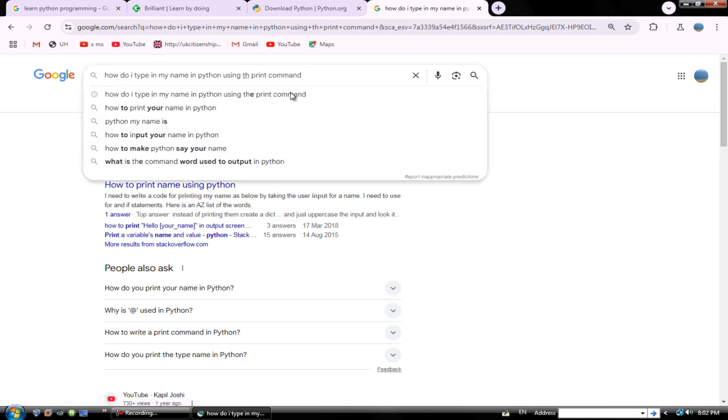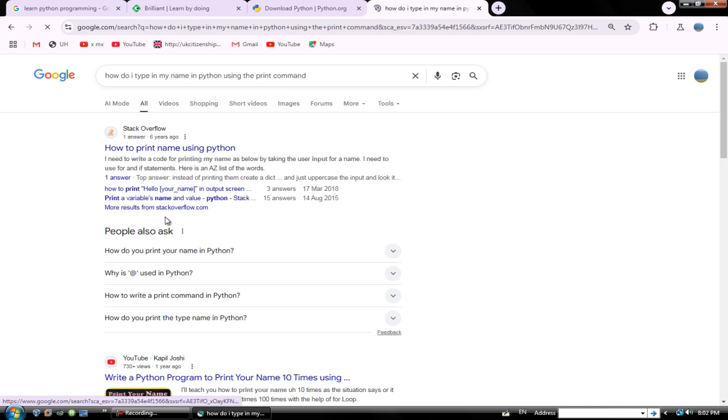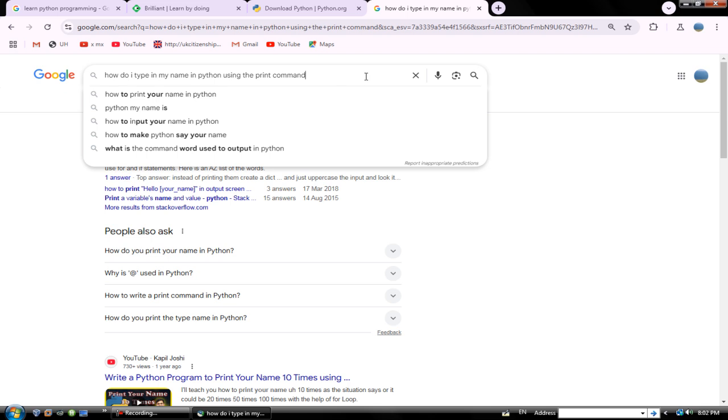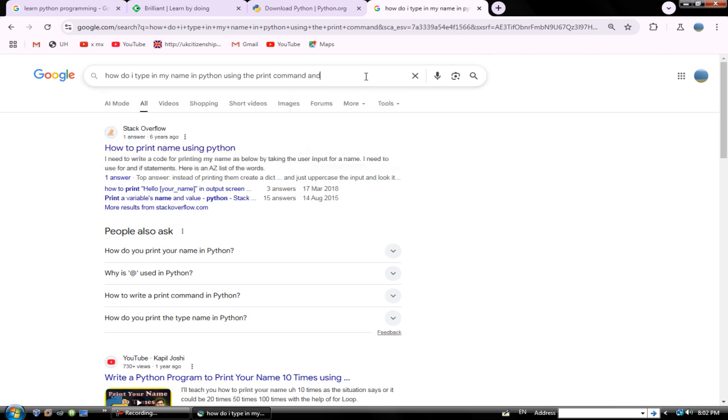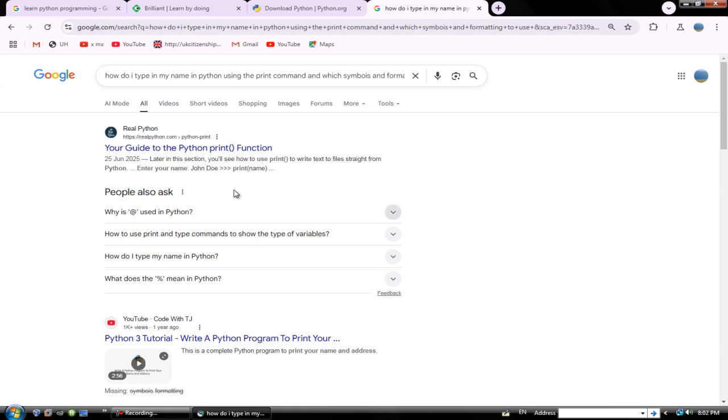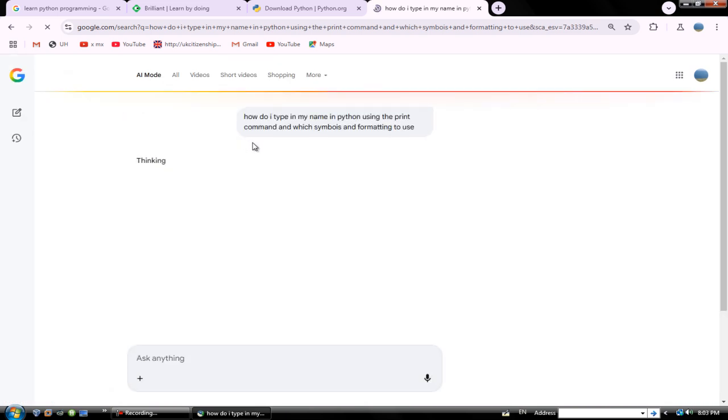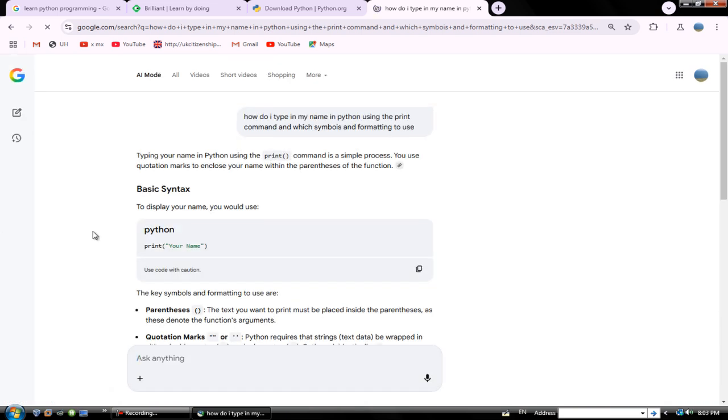Using print command. Then I forgot, I'll type in which symbols and formatting to use. Then I will go to AI mode. This is new. Then I will